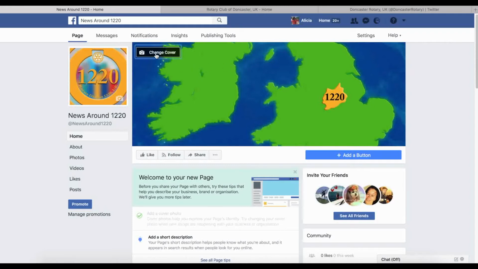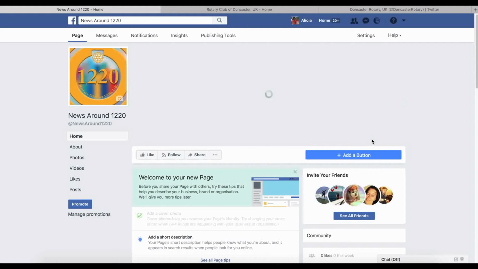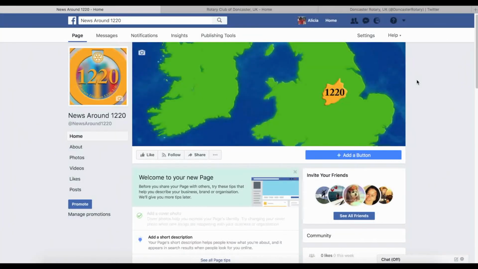You'll be able to go into change cover and go to reposition, and this will allow you to move around until you've got the right position. If at a future date you're intending to change your picture, either one of them, if you're signed in to your own account and you're looking at this page as an admin, you'll see that as you hover over the picture, you get the option to change the cover. You will not see this if you're just visiting the page as a typical user. Coming over here, you've got your little picture there of a camera showing that you have the option to change. If you click on there,